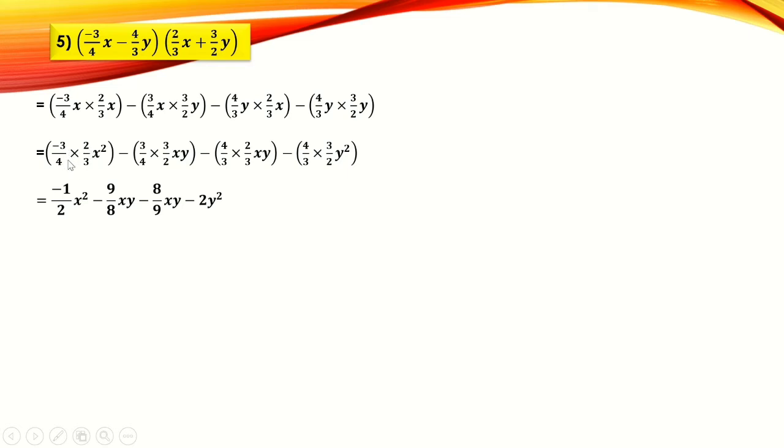That is 2 times 4, and 3 is getting cancelled. So minus 1 upon 2x². In this bracket, 3 3s are 9. Since there is no term getting cancelled, 3 3s are 9, 4 2s are 8xy, and minus 9 upon 8xy we are getting. Here again, no term is getting cancelled. Therefore, we are getting minus 8 upon 9xy, and this one 3 ones are 3 and 2 times 4, so therefore 2y², and with this minus sign.